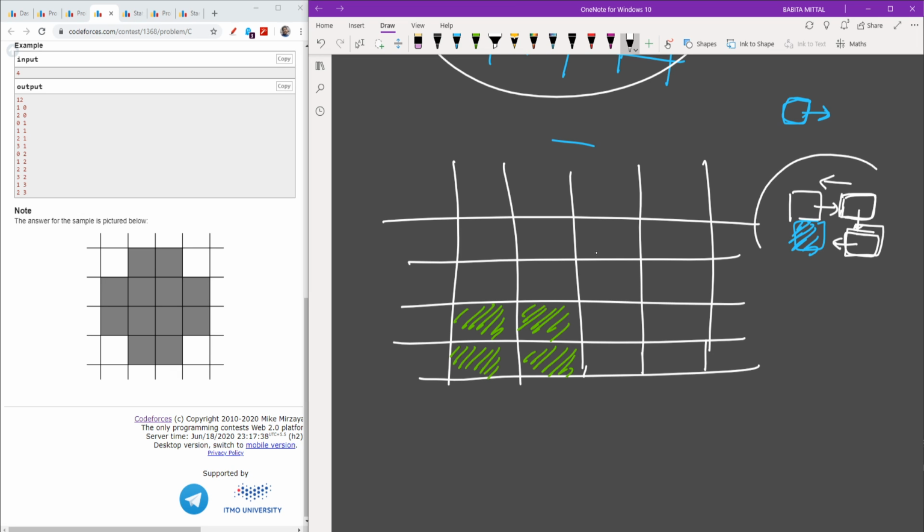So understanding how I made this picture, if you did not understand, then please watch this again. So see, all the things are being satisfied, but one thing was not satisfied, that we should already have a cell here as well and here as well.